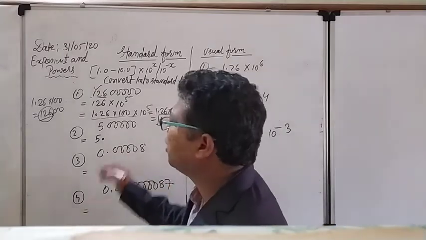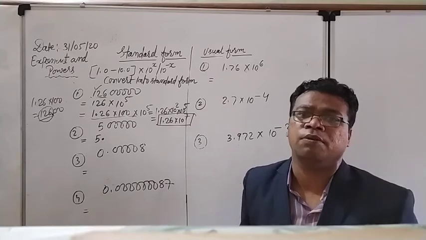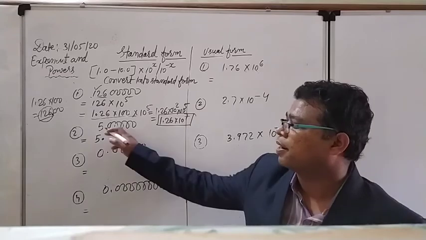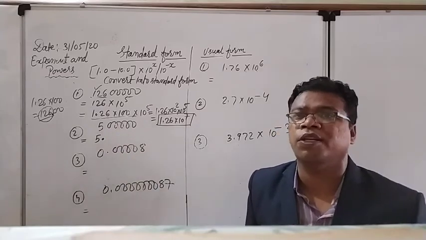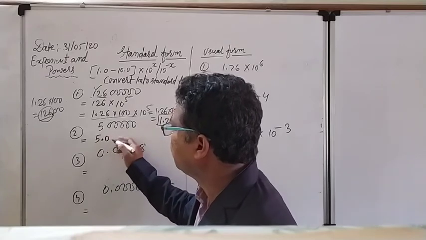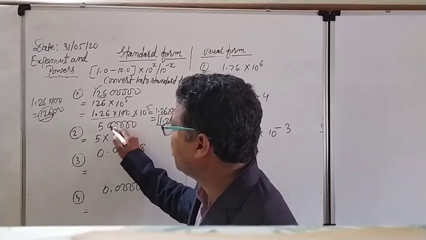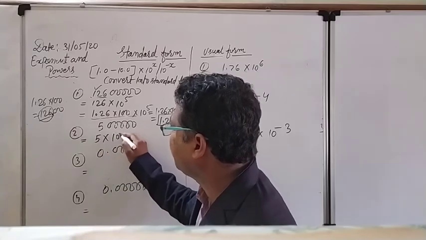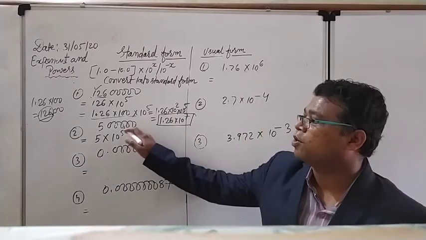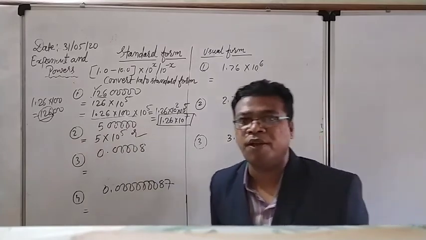Whenever I am working on the standard form, one thing I have to consider: before the point only one digit. So only one digit is there, 5. The rest of the things are 0, so no need to worry. So either it can be written 5.0, 5 point, no problem, or it can be written 5 into, 1 2 3 4 5, directly 10 to the power 5, answer. Very easy. That problem was very easy. See the things, 5, 1 2 3 4 5, into 10 to the power 5, that is the answer.